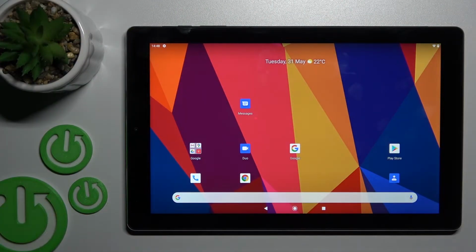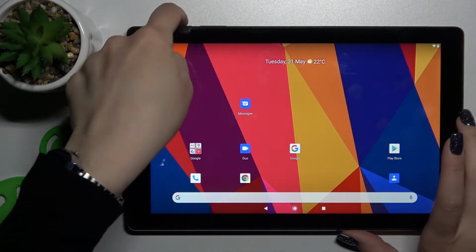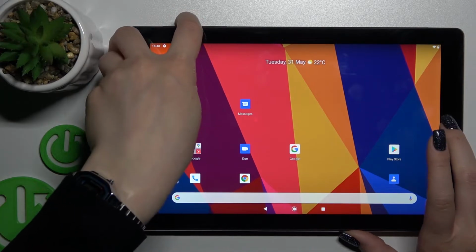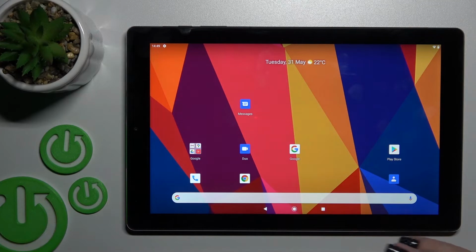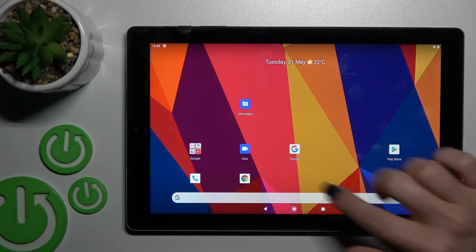Welcome to the CHUWI HiPad X in front of me, and I'll show you how to activate quick launch on this device. So now by double pressing the power key button, we have any features. Just edit any, for example, to quick launch the camera application by double pressing the power key, we should launch